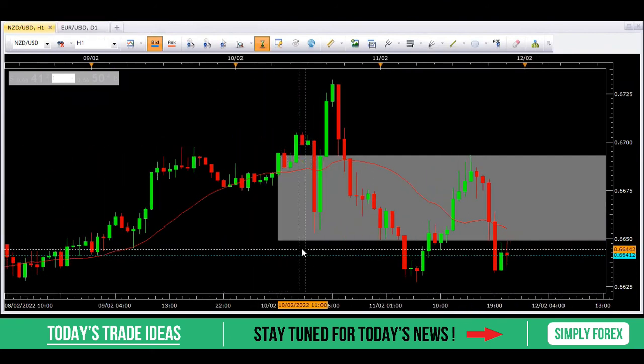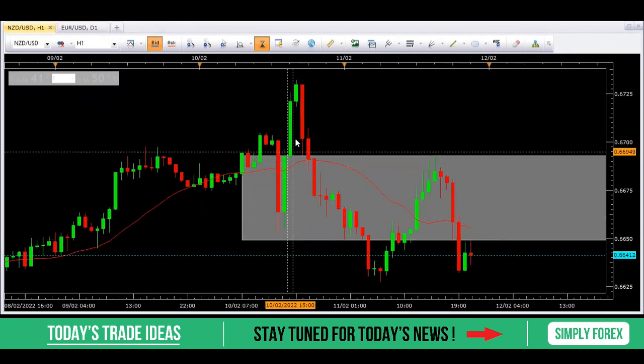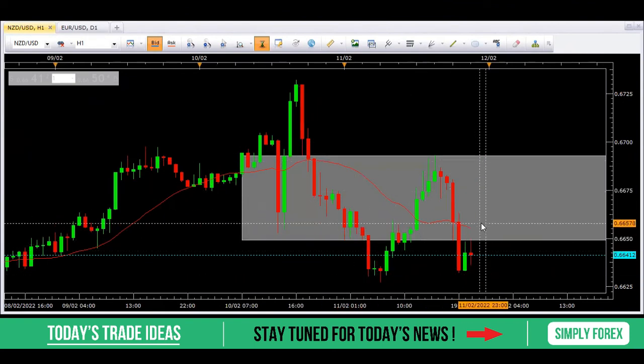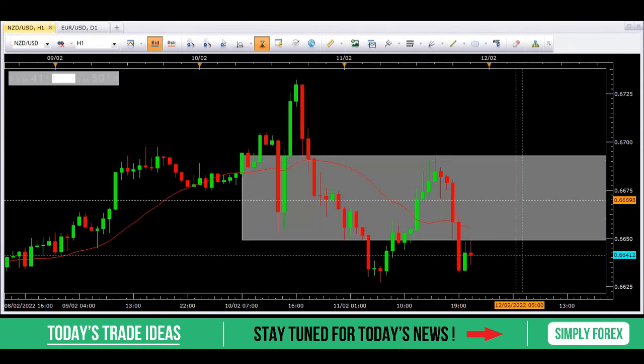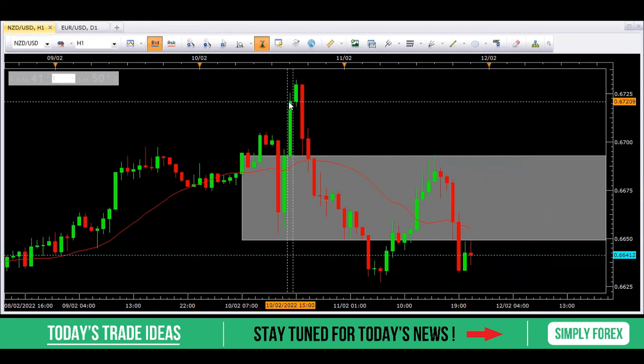Yeah, we have quite a large grey zone, guys. You can see how much price has just been whipsawing about. So what we want to see is price retrace into this grey zone somewhere, and then we want to see a bearish candlestick pattern form. And then first of all, we can take it back down to these lows. This will be our first target. We can close 80% of the trade and then let the rest of the trade run down to our other blue daily target. Okay, so New Zealand US dollar short, that's our first trade idea.